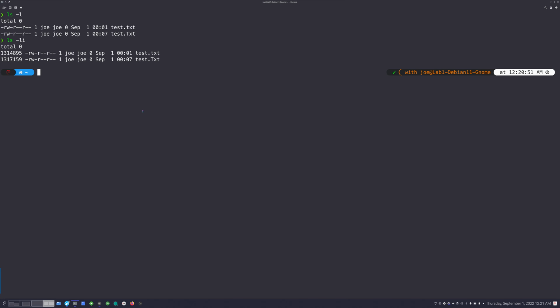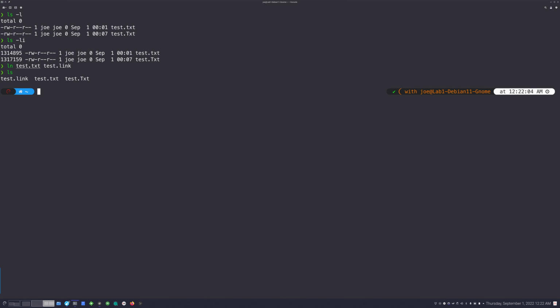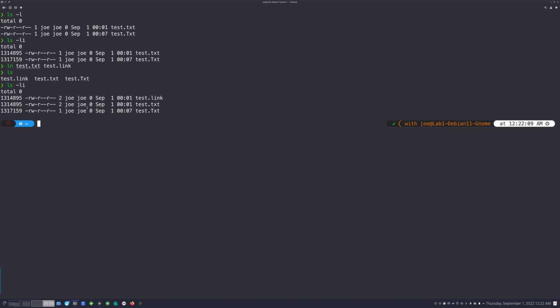And so what that means is that if I create a hard link, for instance, if I do an ln and I do test.txt here, and then I do test.txt again, but instead I'll do, what, test.link maybe? And I ls, you'll see I now have a test.link. And if I do that same command, ls -li, you'll see that I have two files now that have the same inode number. And you'll also notice that this number here incremented. So that number is actually the number of hard links to this file. That's what that actually represents.